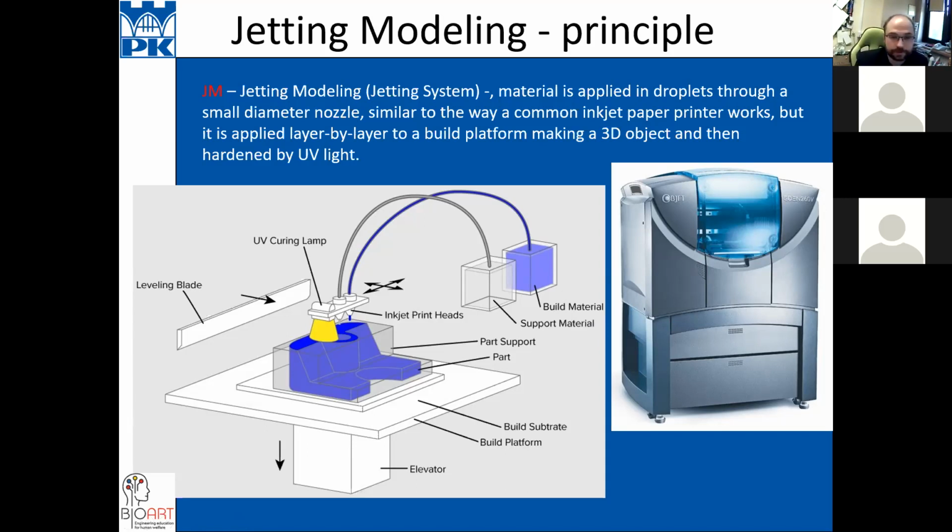That's why sometimes you must paint the prints after printing. And here you also use ultraviolet light to cure some elements.